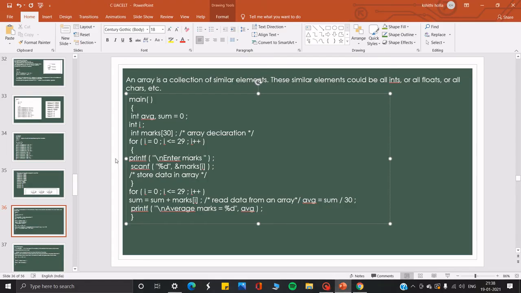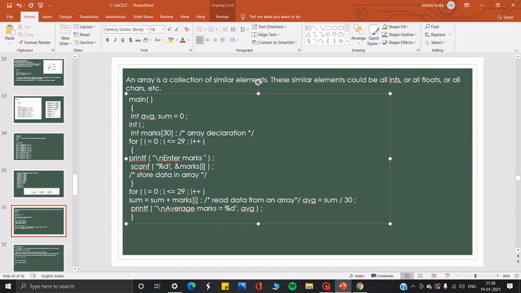If there are 30 elements, then I'll take it up to 29. And you must ask the user to enter marks, and remember this must be enclosed in a subscript. So first i will be 0, 0 is less than 29, and i will be 1. But then you'll ask the user to enter marks.